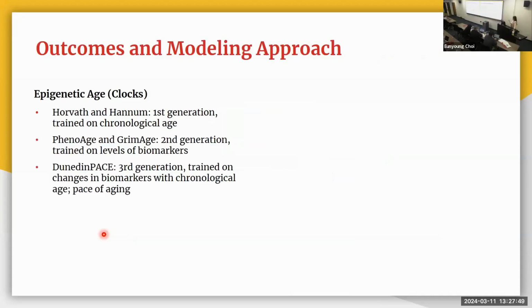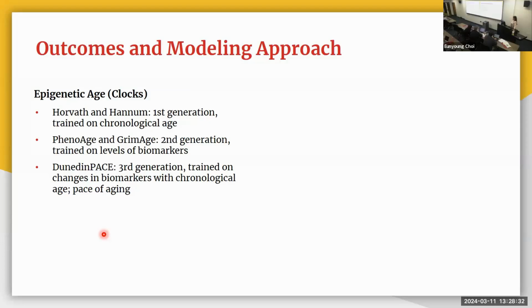And then outcomes for epigenetic age, we included 5 epigenetic clocks. So Horvath and Hannum are considered the first generation, and they were trained on chronological age. The PhenoAge and GrimAge are the second generation, and they were trained on the levels of actual biomarkers, compared to just using chronological age. And the DunedinPACE is third generation, and they were trained on the changes in biomarkers with chronological age. So this third generation really gets into the concept of pace of aging compared to the levels of